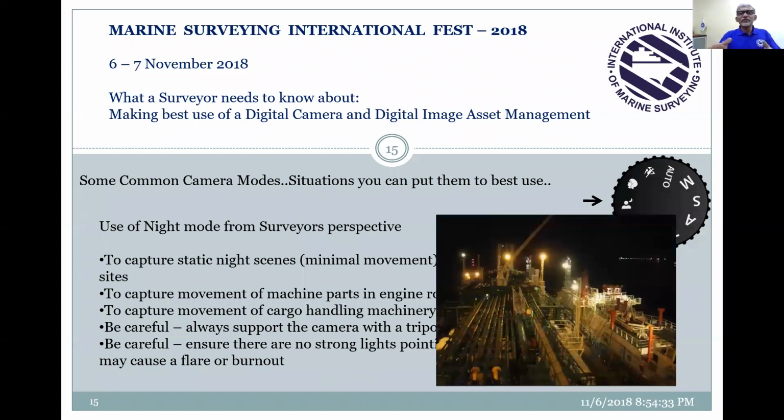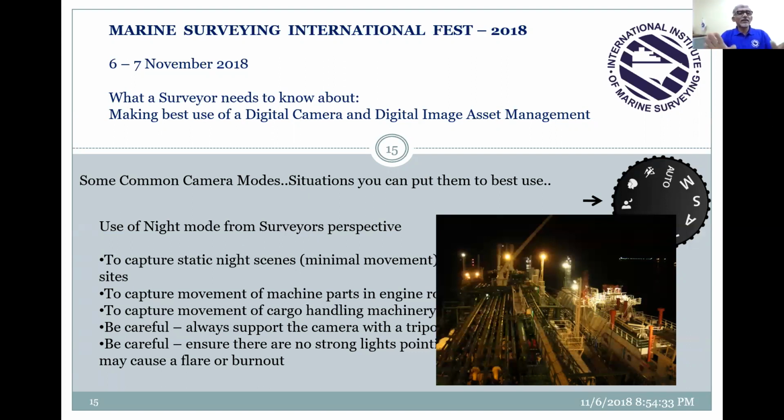Perfect, isn't it? Now, for this, I didn't use any tripod. All that I did was I stuck the camera against the porthole glass and took this picture. When I'm saying that use a tripod or a support, it doesn't mean a proper tripod. You can simply brace yourself perfectly, or you can stick the camera against something and hold it perfectly and take